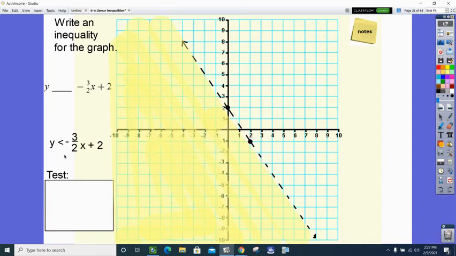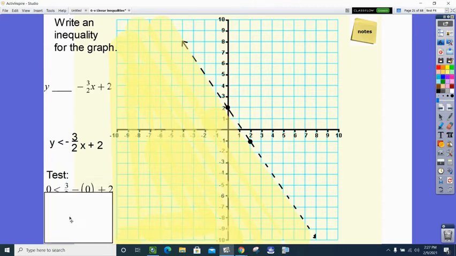And what you should do is use that idea of a test point again. So what if I take my 0 and I put it for x and y? 0, 0 is shaded. And since it's shaded, it should make my inequality true. If it doesn't, I've got the wrong inequality in there. So 0 in for y,